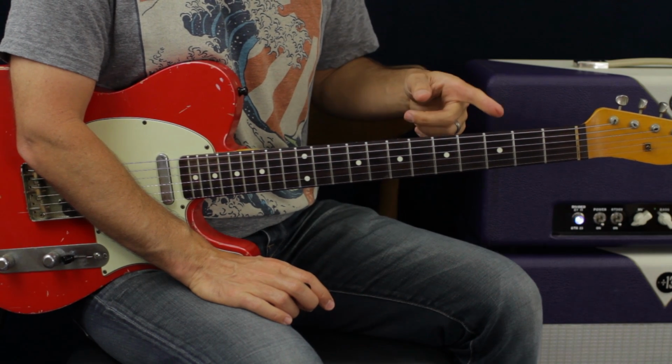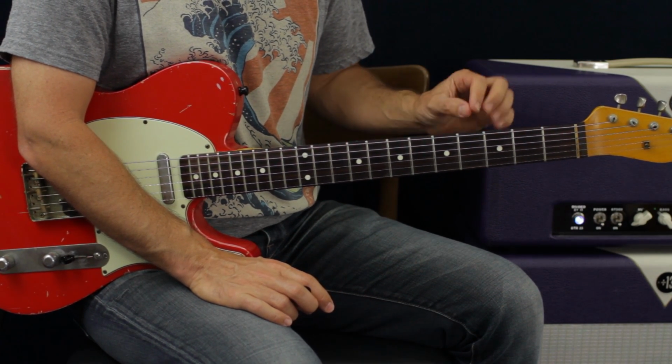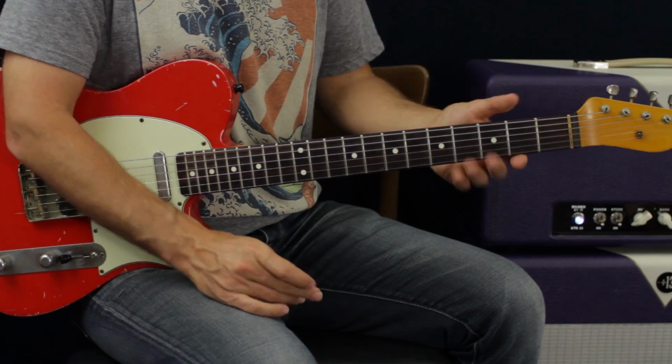except coming out of that chorus, instead of going back into the verse, we're going to go to an E chord and basically do like a bridge, or right before what happens in the solo. So we got...